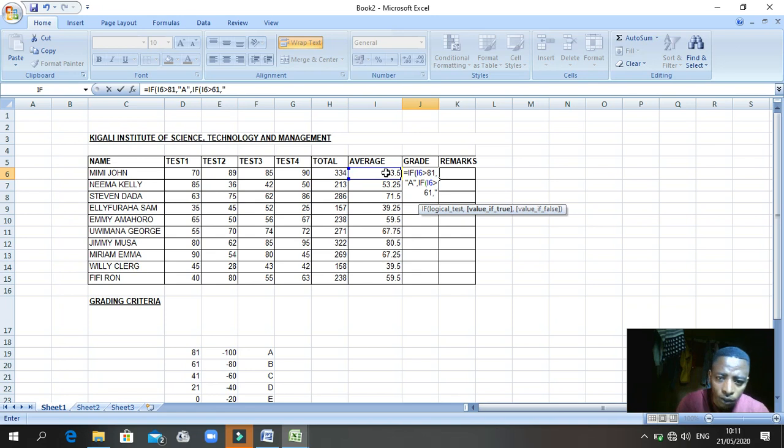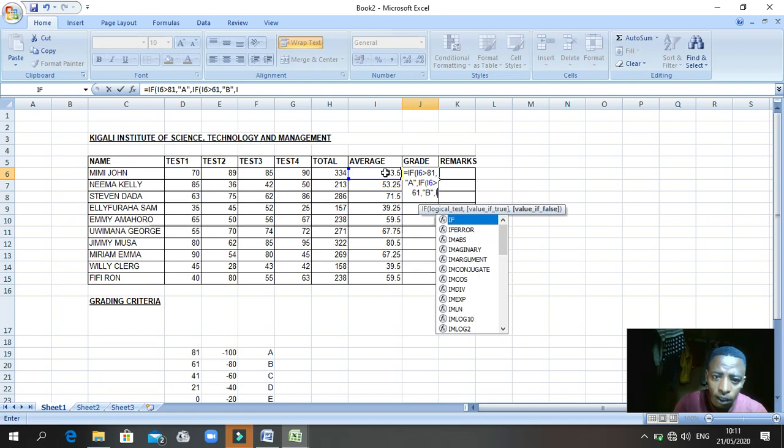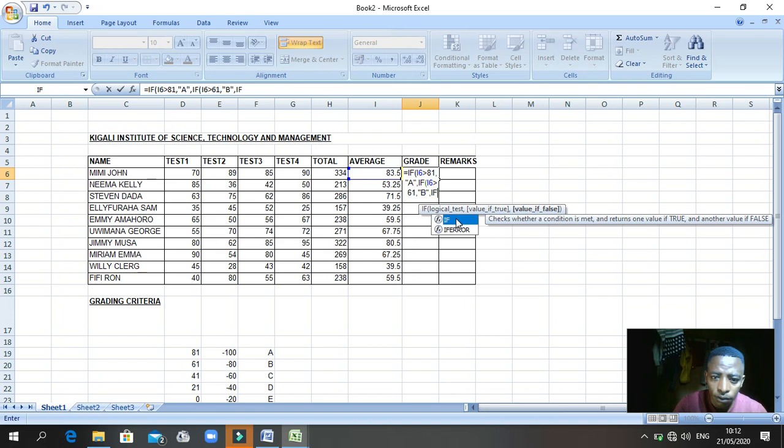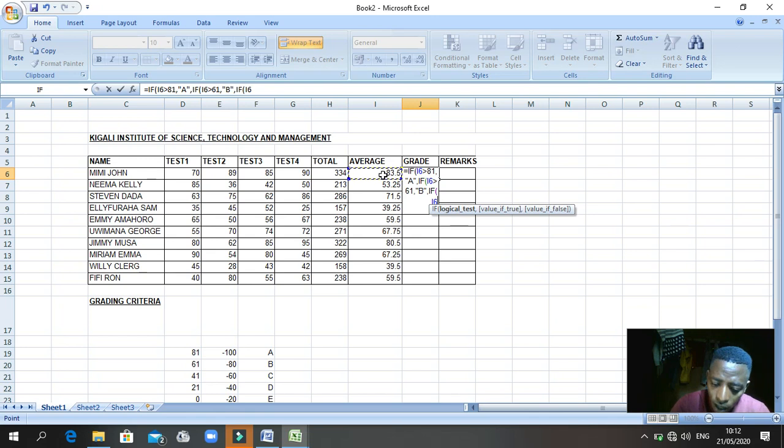You use quotation marks, you give a grade B. And also you say IF this average is greater than 41, then comma, you give a quotation, meaning that you are going to grade as C, in quotation marks,